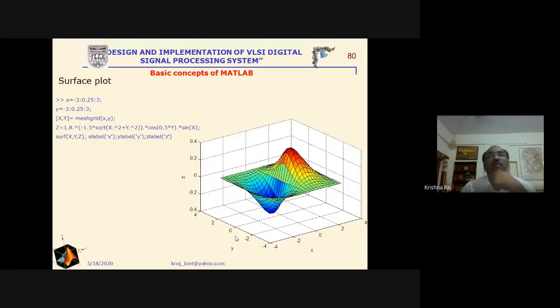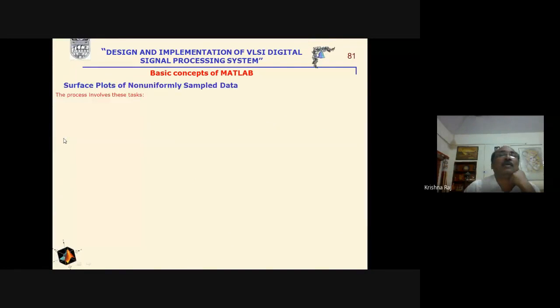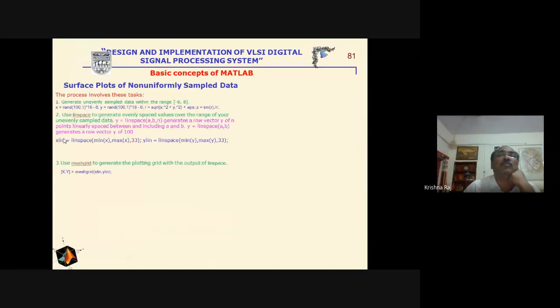Now the surface plot covers the total area of the mesh. For that purpose we write surf. For the mesh we use the mesh command, and for the surface plot we write only the surf command. Now, surface plot of non-uniform sample data.